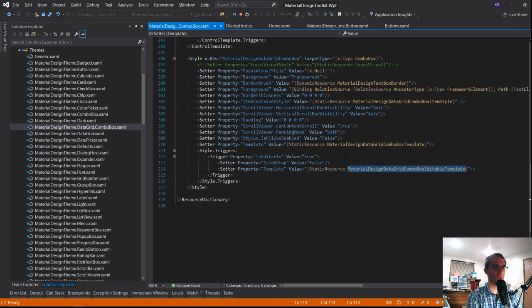This is not exactly one of the easy areas. I'm curious about this tab stop and why that's set to false. My gut reaction says that's wrong.